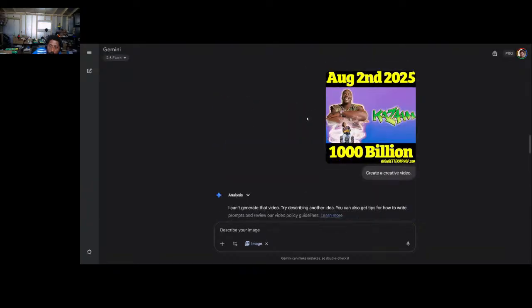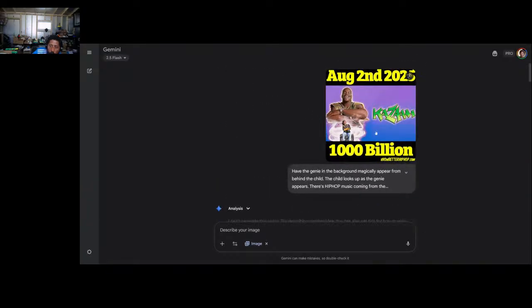Okay, so I was like, have the genie in the background magically appear from behind the child here. The child looks up as the genie appears. There's hip hop music coming from the boombox. The word Kazam appears from a puff of smoke. I was like, oh, that'd be kind of cool, and I'd be able to post that to social media.